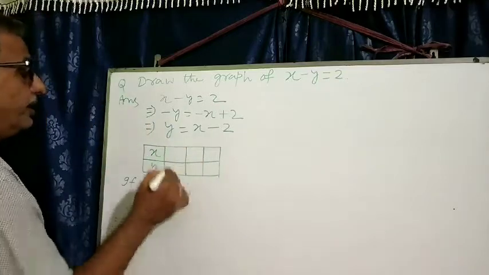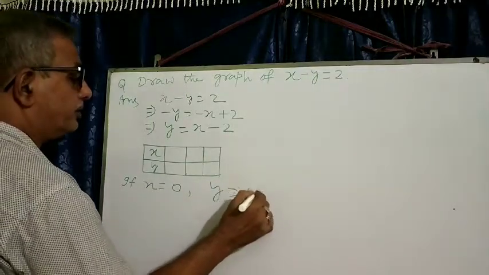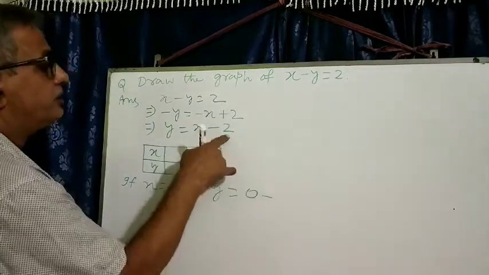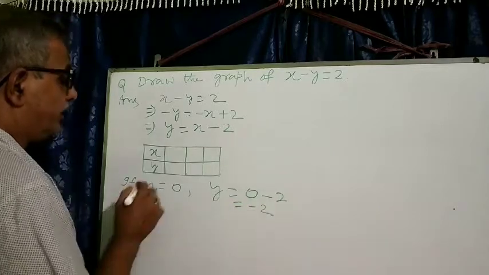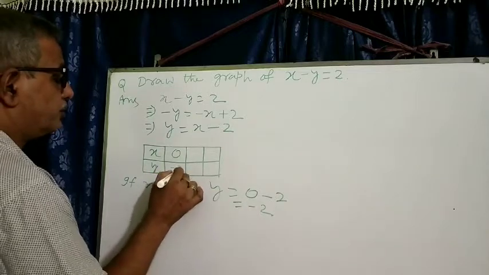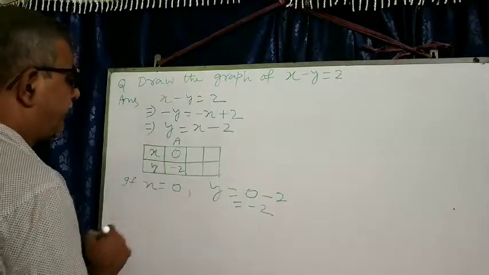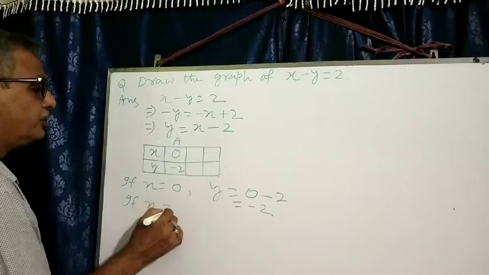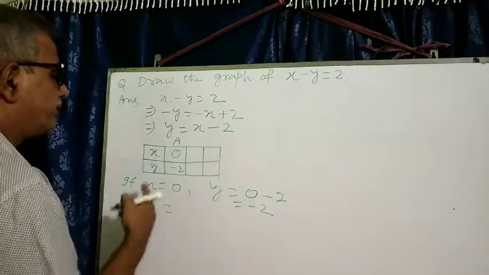etc. So, x is equal to 0, y is equal to what will happen? Instead of x, I have written 0, minus and 2 as it is. So, you are getting what? Minus 2. Here you see 0, and then you are getting minus 2. Here you may put one alphabet, that is A, point A. Now you tell, if x is equal to, suppose you are taking 2, 2 minus 2, 0, it will be very simple.